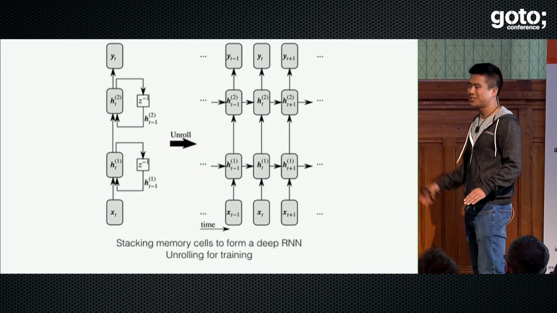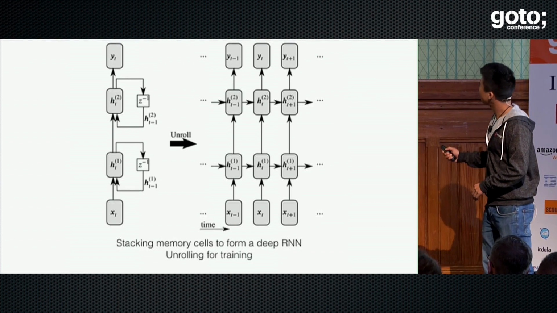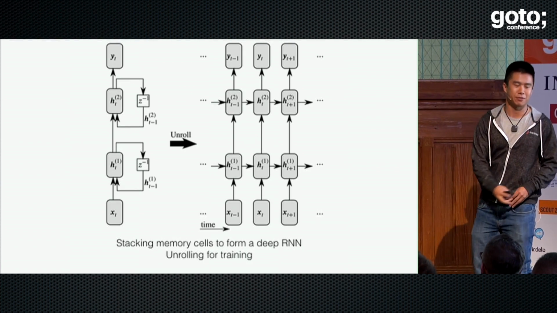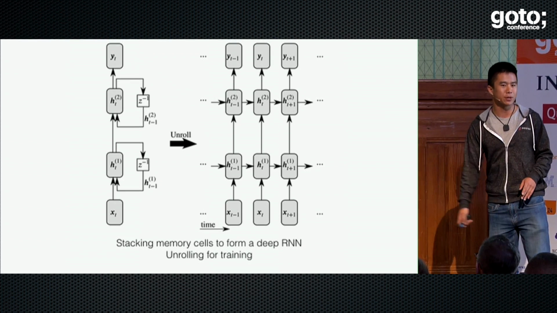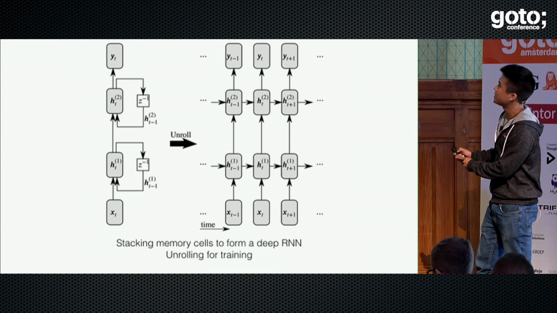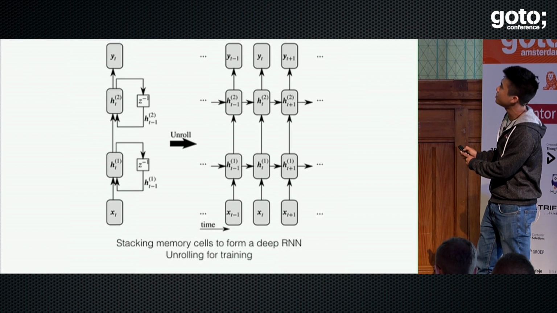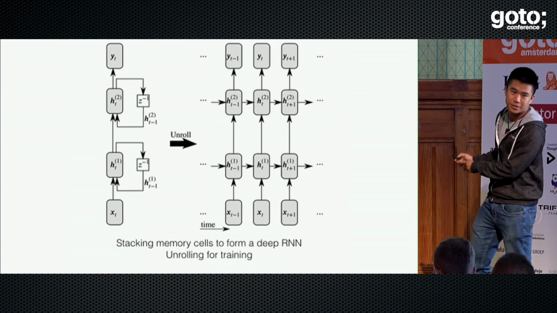But I'll show you later that I'm not just doing it for the buzzword. Depth actually matters, as we'll see in results. Another operation that's important for LSTMs is unrolling. What unrolling does is it takes this unit time delay, and it just replicates the LSTM units over time. So rather than showing this delay like this, I've shown the t minus first hidden unit passing state into the tth hidden unit, passing state into the t plus first hidden unit.